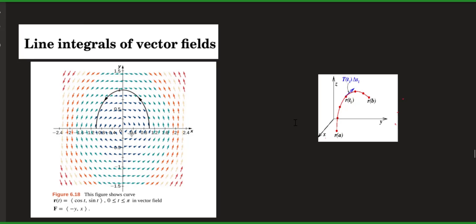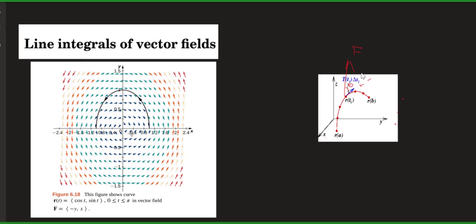Here, if I consider the force in this direction, the force and the tangent vector, which is exactly r prime, have an angle theta between them. So I have to consider